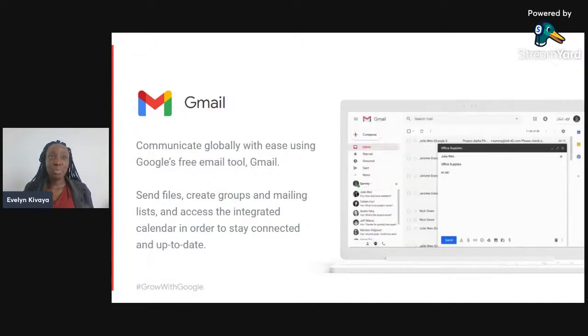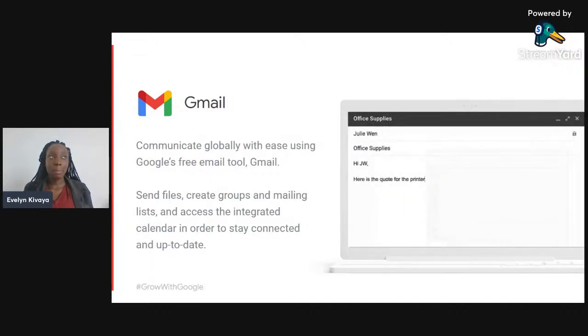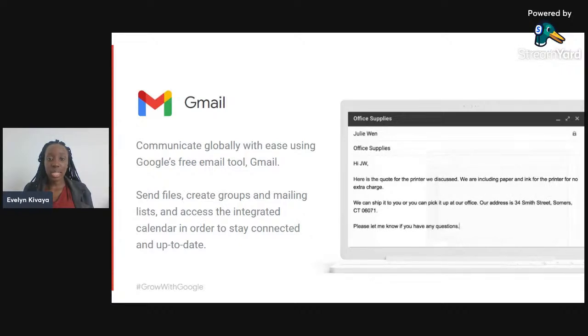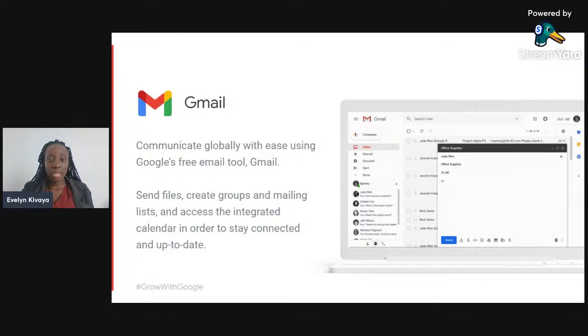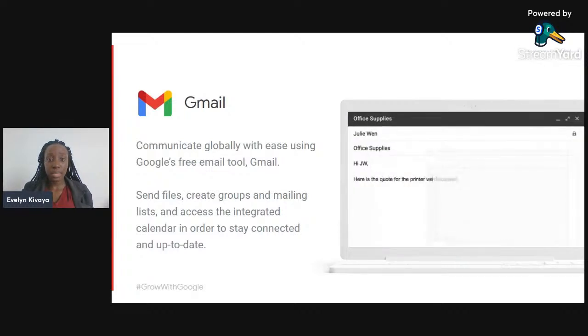What we are hoping Google will do is this: most people send their emails with different attachments, and sometimes you find that you've sent your email but forgot the attachments. We are hoping that Google will come up with a tool that will remind us that you've forgotten to attach the attachments.